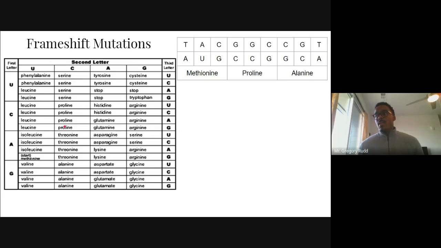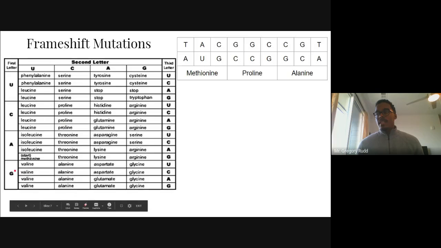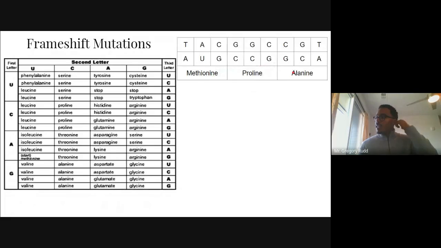And next, my next codon is GCA. My first letter is G. My second letter is C. And then my third letter is A. Alanine is my amino acid in this case. All right, so methionine, proline, and alanine. Now, let's see what happens